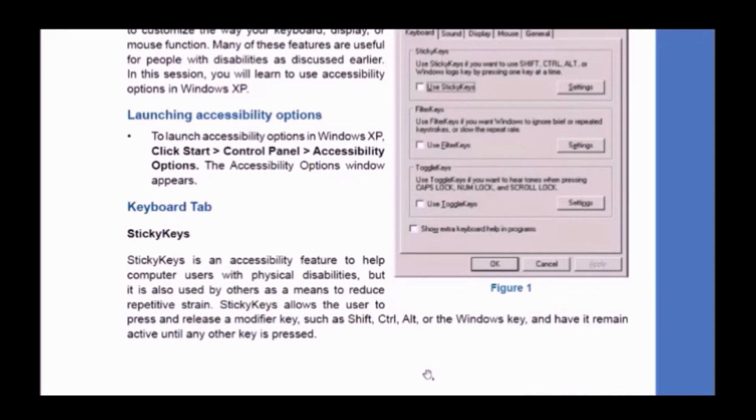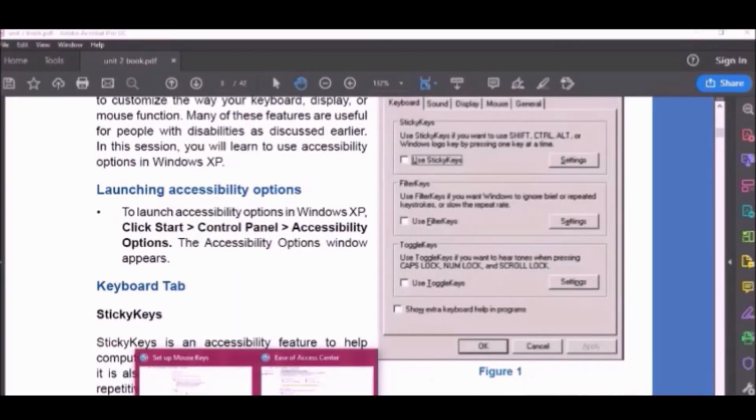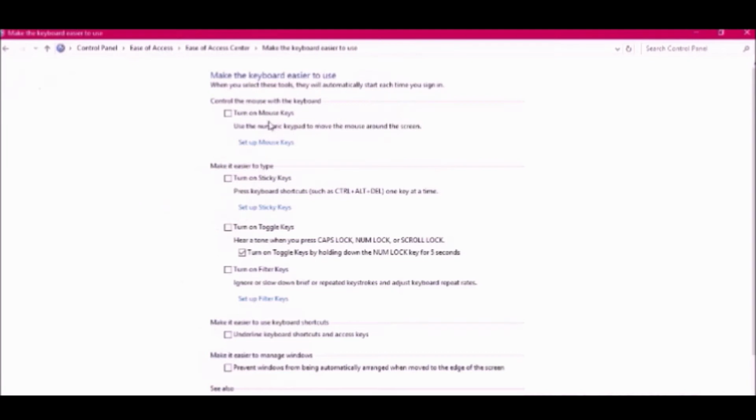In that case also the text will be selected. Now I'll show you an example of how this actually works. We'll go to control panel. Here we are talking about sticky keys, so we will use make the keyboard easier. Here you can find turn on sticky keys.